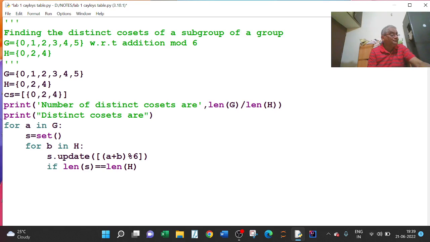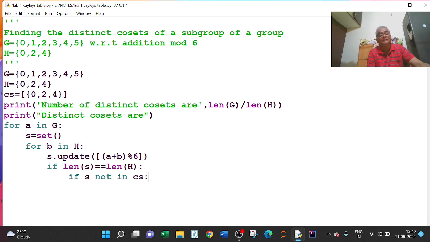And next, I have to write a colon here, and then if S is not in CS, I have taken CS. This is because I want to take only the distinct cosets. If that coset is already there, then I don't want to take that coset.